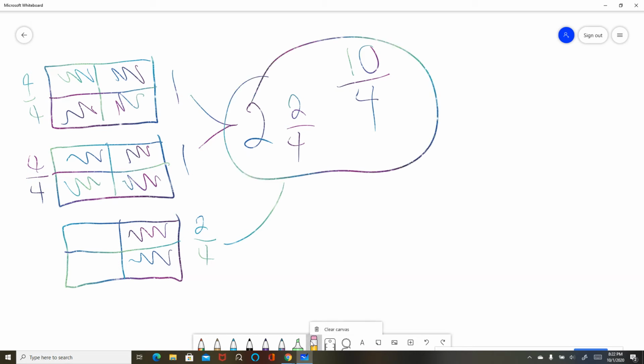All right, for this next one, I'm going to give you a picture and I want you to write the answer as an improper fraction and a mixed number. Okay, turn these in and I will give you points. I'll know that you have done the small group. So let's say we have